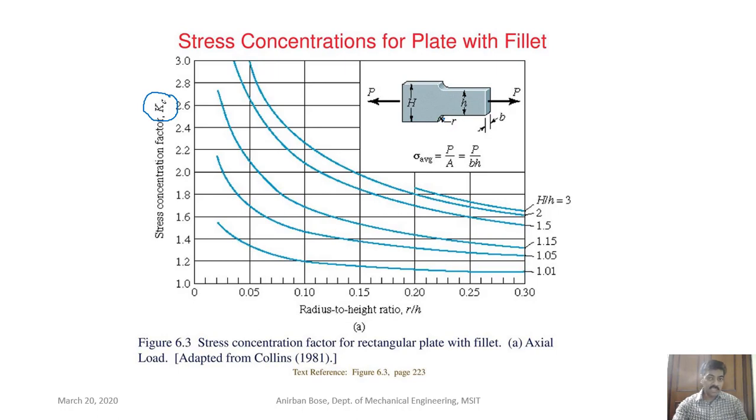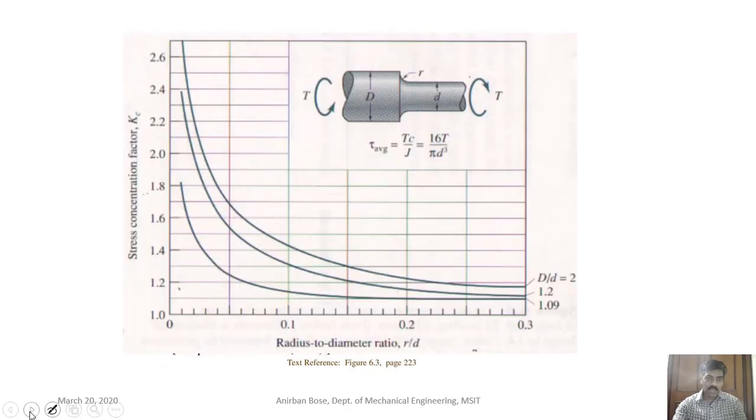So for this kind of case, depending upon the value of r and the other dimensions, how KT is changing, that graph is this one. So all this you will get in the handbook. Depending upon the different kinds of loading and different kinds of geometry, the KT values are listed, either in tables or graphically. Here you can see